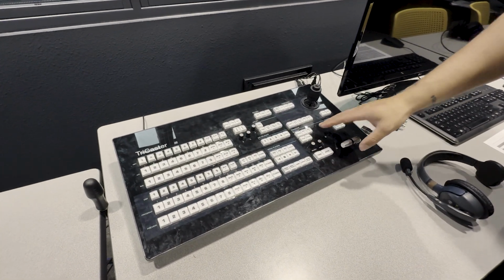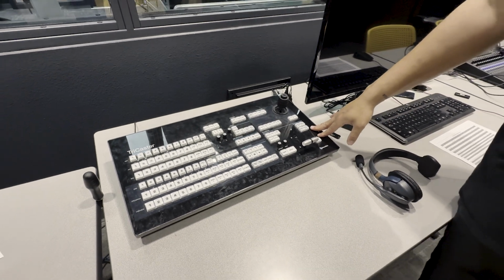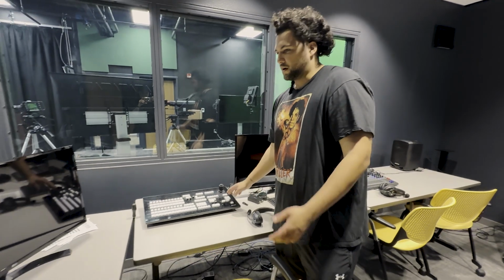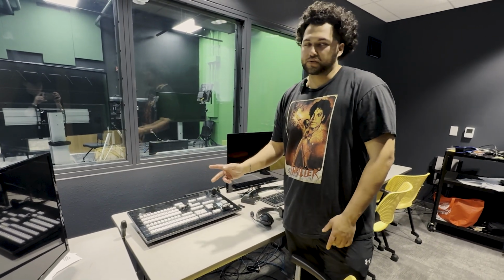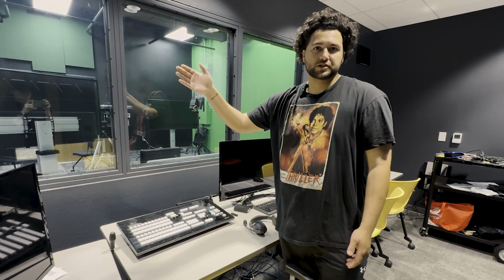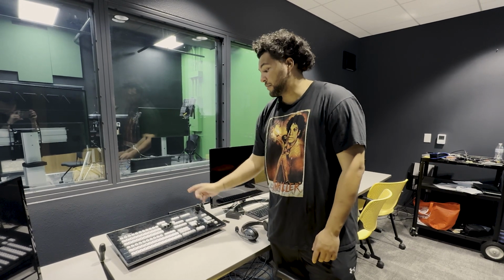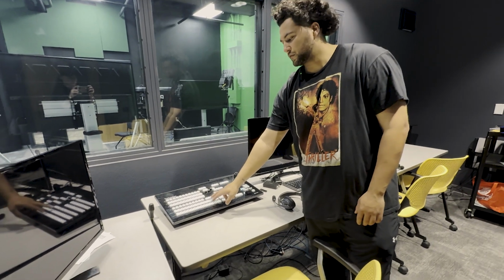This is the TriCaster, the TC1. We're very lucky to have a piece of equipment like this and get to use it. It's pretty straightforward though. Technical director, what we typically expect from them is that they switch in between the cameras. So as I mentioned, we want to switch shots occasionally when we're transitioning through subjects in our show. Those cameras will be on, and back here, the technical director is going to switch between a one shot, a